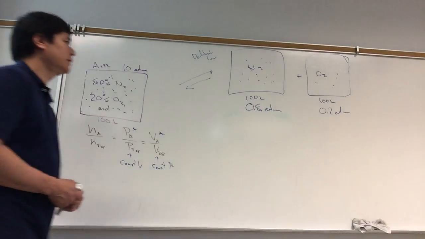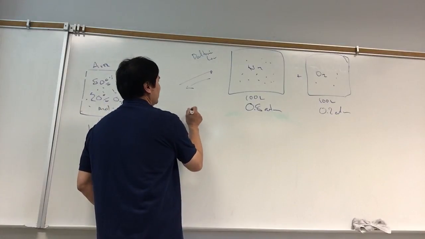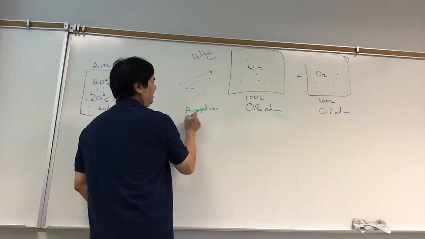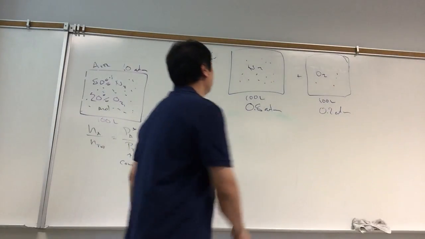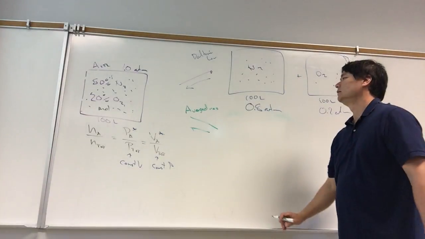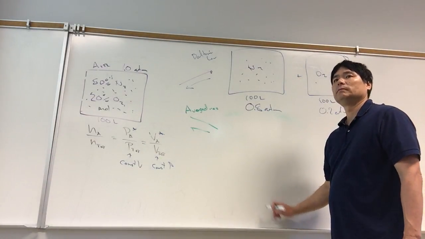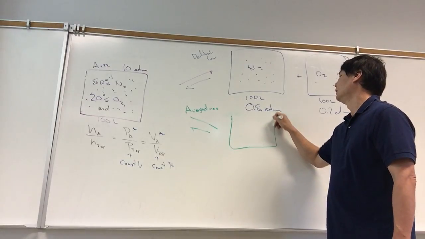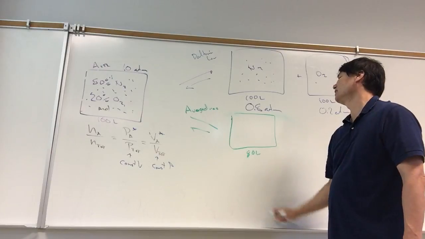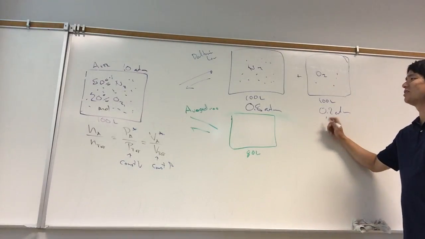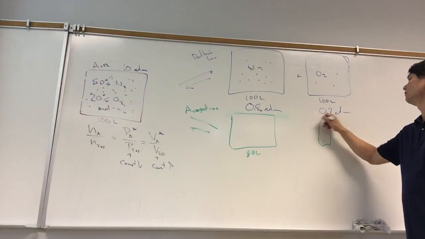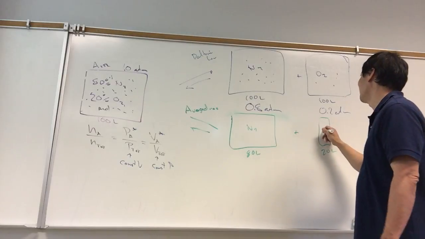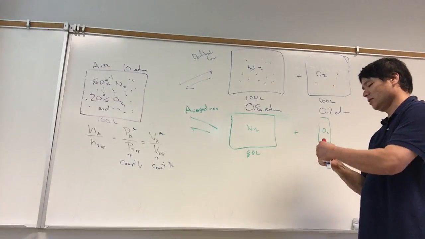All right, I can take the same mixture and try to visualize this in terms of Avogadro's. In terms of Avogadro's, what do I have? Well, how many liters of nitrogen do I have? 80. Yeah, I'm going to have 80 liters of nitrogen, that's correct. And how many liters of oxygen do I have? 20 liters. And so when I look at the nitrogen and oxygen, I have 80 liters